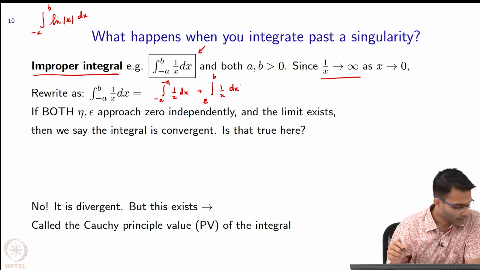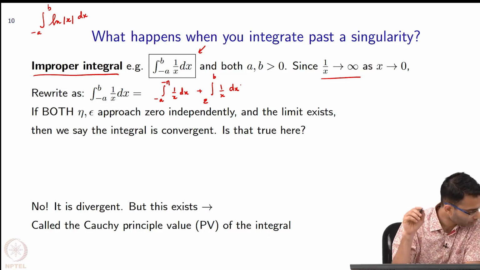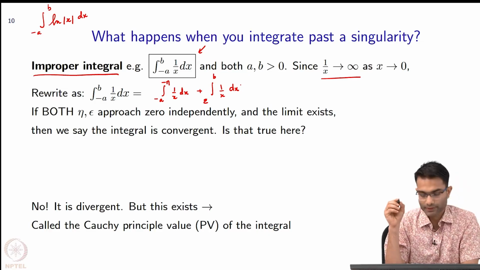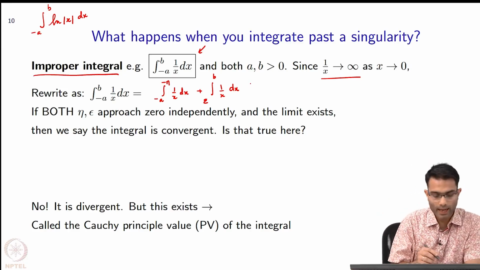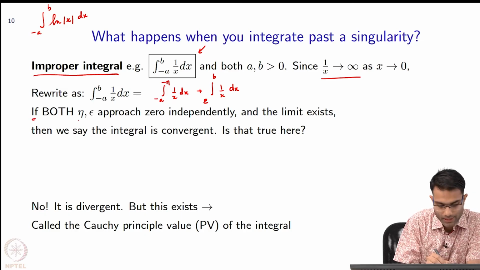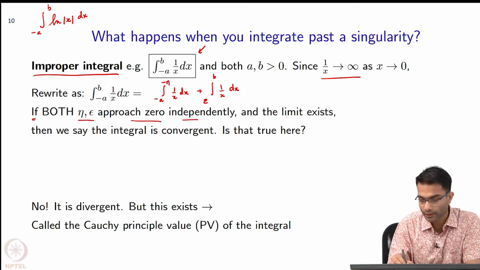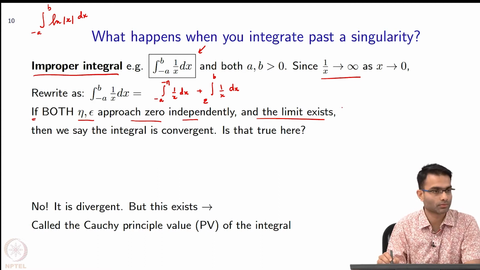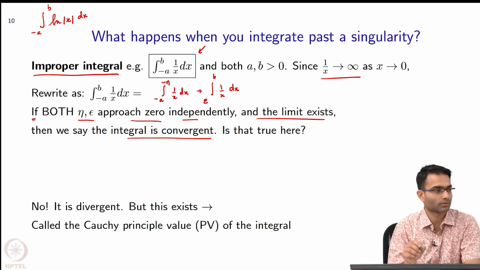Is there a term that I am missing over here? No, that is fine. If it happens that as eta and epsilon both approach 0 independently and the limit exists,